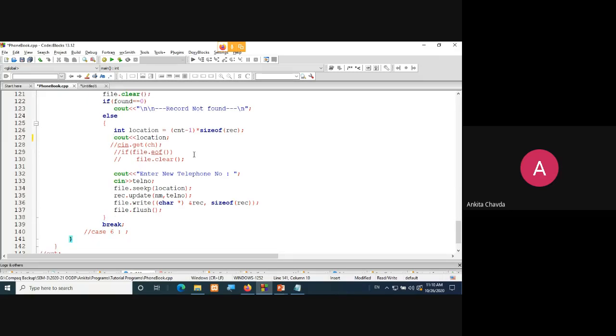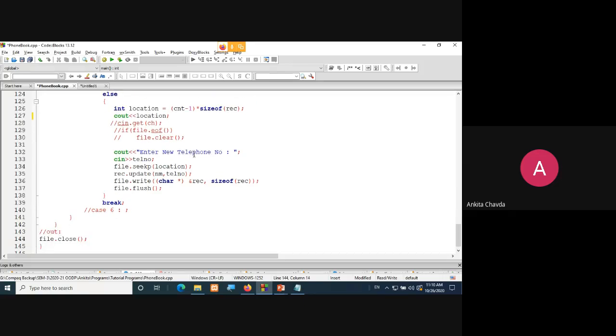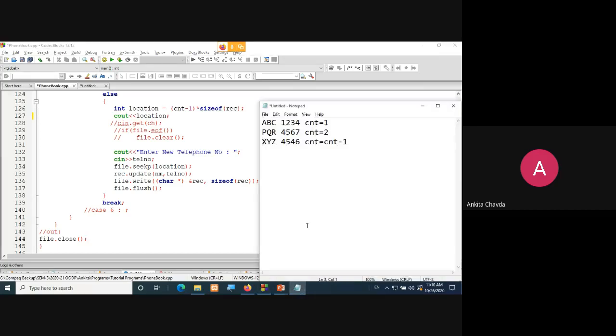And over here, enter the new telephone number now, because you want to modify your contact number. That was your goal: I have inserted a wrong contact number and now I want to insert it as 456, say suppose.